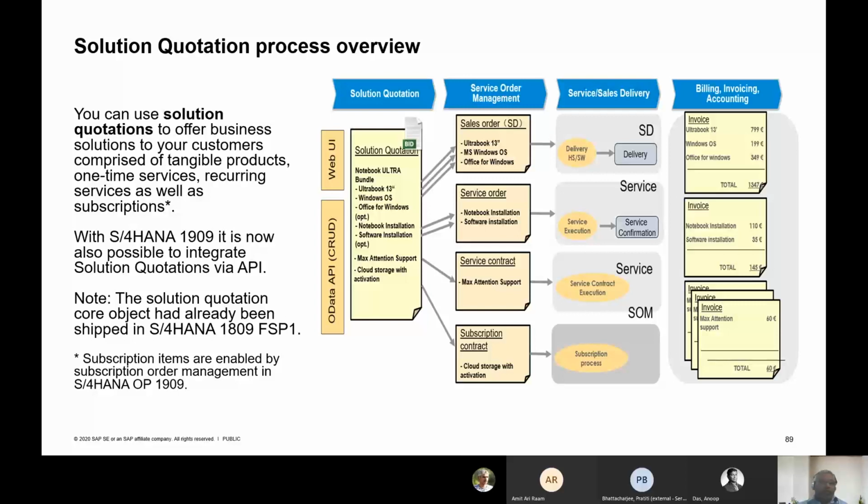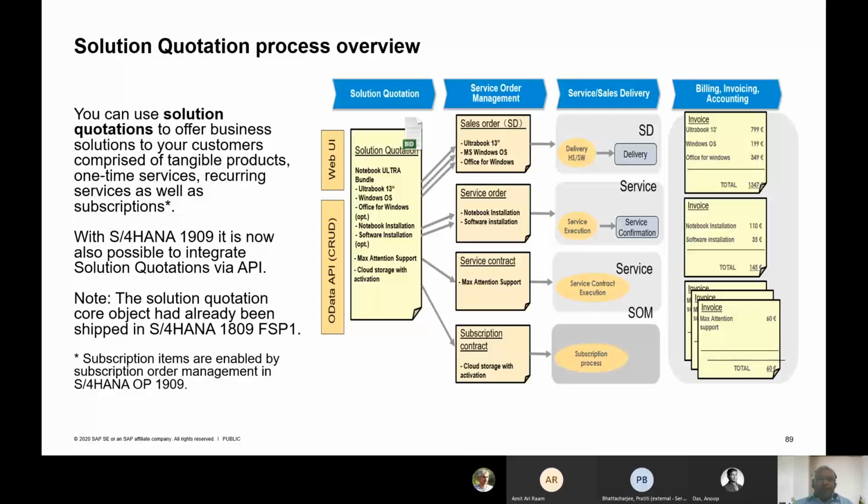Based on which, once you have your solution quotation, you can have your subscription-based contract or your service contract, or you finalize a service order or a sales order. So that's how the solution quotation process has been enabled on the service core. That's what has been explained in this particular slide.